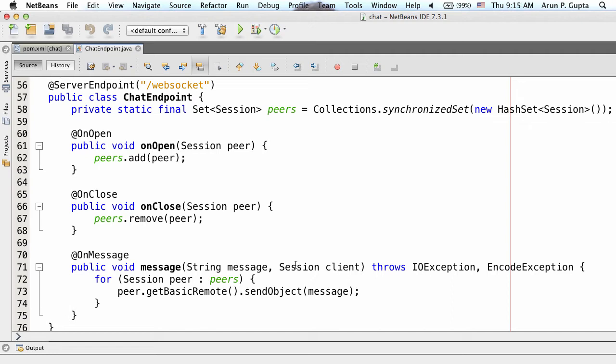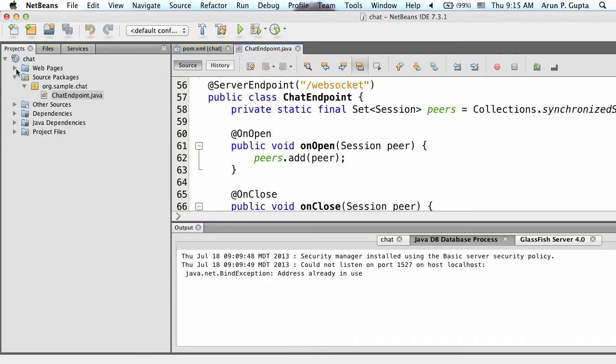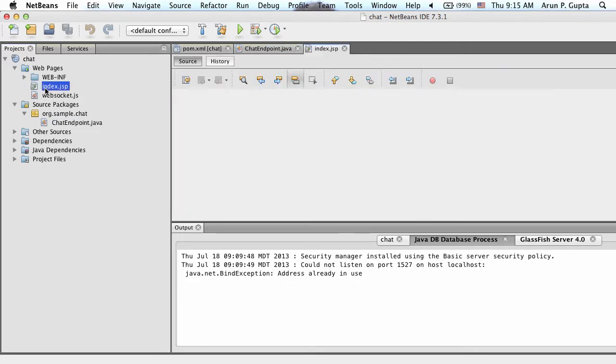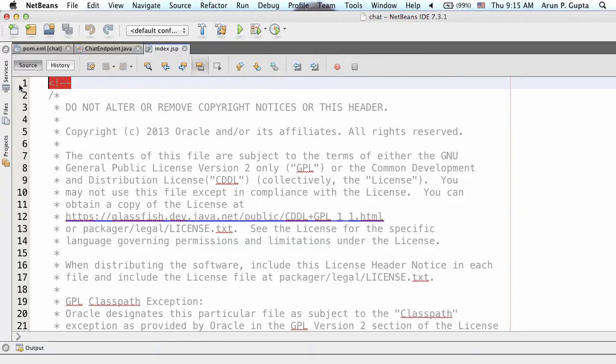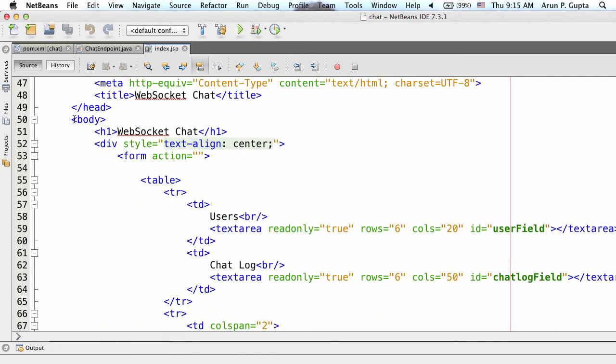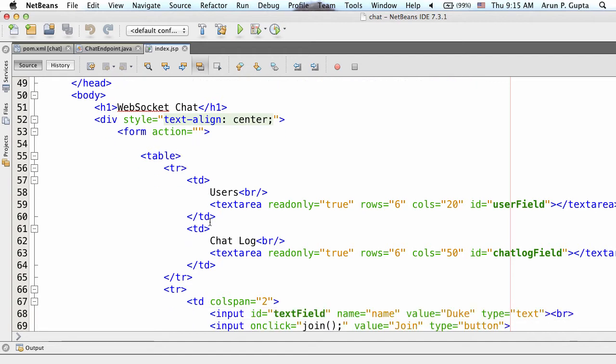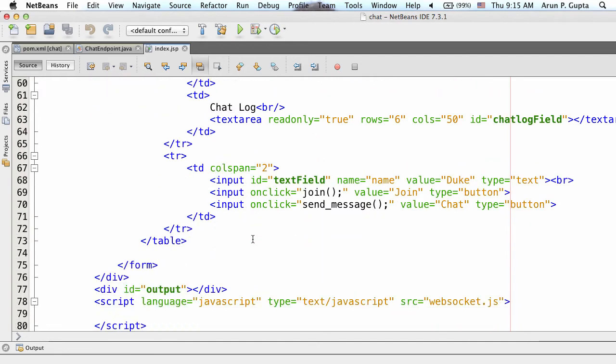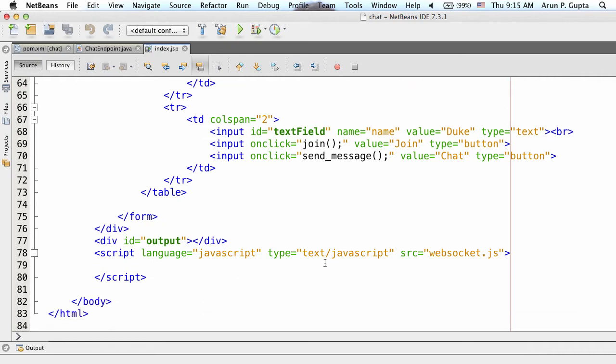Now let's take a look at my corresponding client side. The JSP itself is pretty simple. I just have a form with no action, with a text area and a couple of buttons, join and send message. The bulk of the action really happens in my JavaScript, which is my WebSocket.js. I could call it whatever I want, but just for convenience, I call it WebSocket.js. So if I go here,